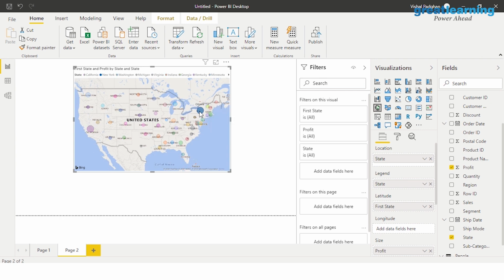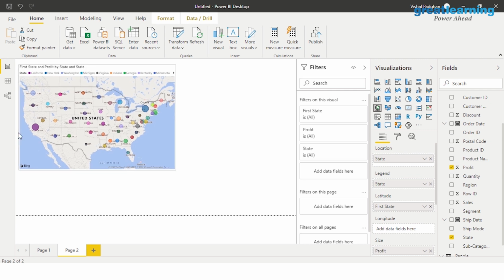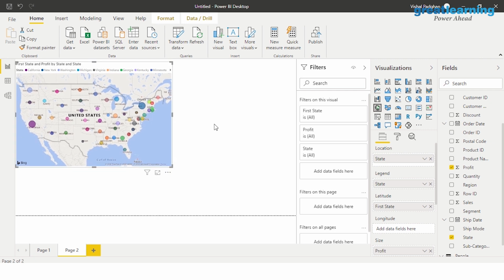So basically you see New York is the one that had a good chunk of profit, right? Similarly here California also has a good amount of profit. What this suggests is two of the major states in the country had a surplus amount of profit, and it is understandable. These are the bigger states or the more industrious states of the country. So basically again you can create visualizations depending upon how you want to deal with it, right?